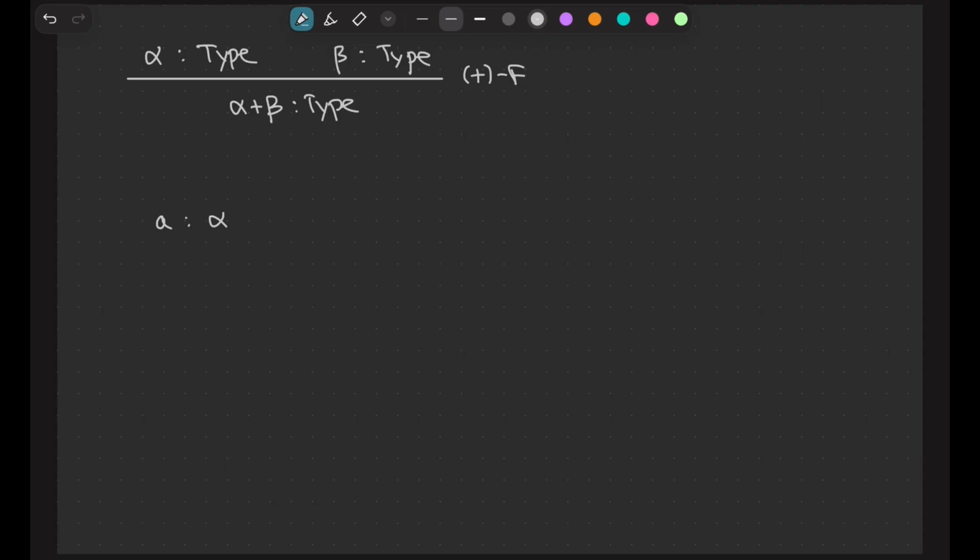If I have a proof of alpha or an element of type alpha, this should be enough for me to construct a box like the thing that Konstantin was saying, a box of type alpha or beta. Where will I place it in the box? In the left part, right? So I should be able to construct something of this type. And similarly, if I have something of type beta, I should be able to construct something of this type.